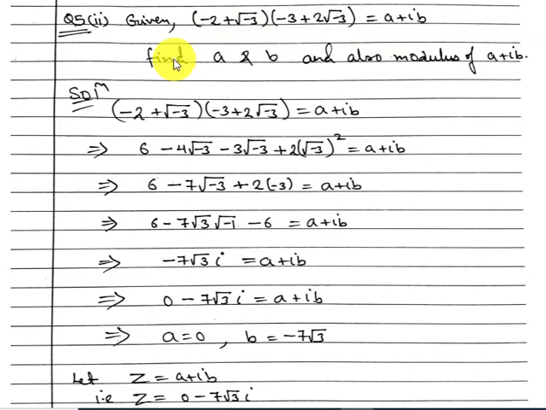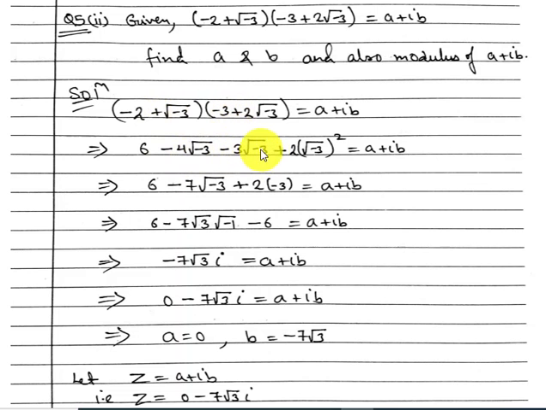Okay, and in that case we can find the value of a and b. Okay, and later on we have to find the modulus also. So let us see. So here this is the question to you. Now we will simplify the left hand side. We will try to write this in a plus ib form. So minus 2 will multiply to this minus 3, so you get 6. Then this minus 2 into plus 2 into square root of minus 3. Okay, so you get minus 4 into square root of 3. Then square root of minus 3 into 3.